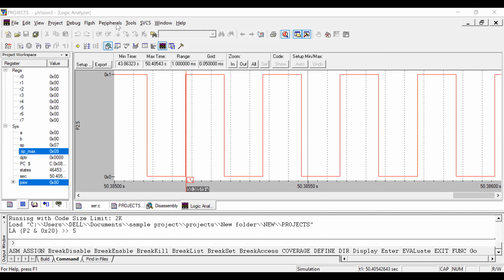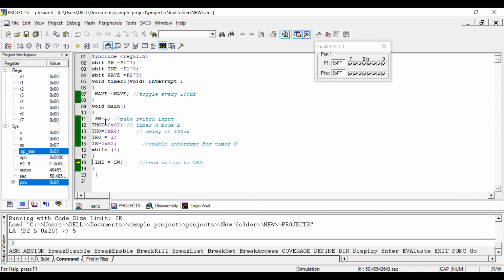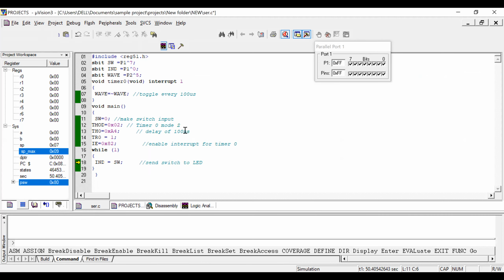And you can check the status of the particular pin, port P1.7. The status is 1 always. If you want, you can change the program. If I provide 0 here, the switch is 0.